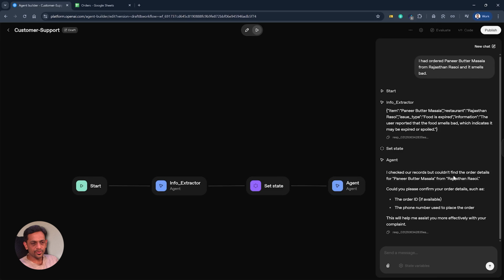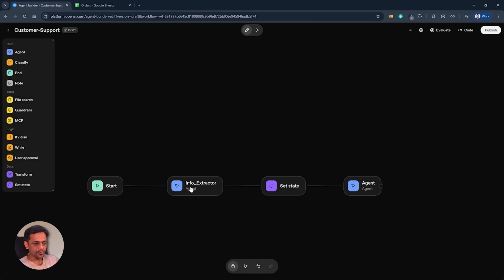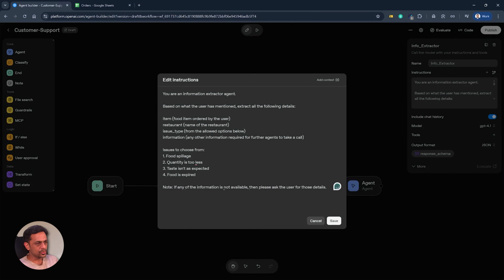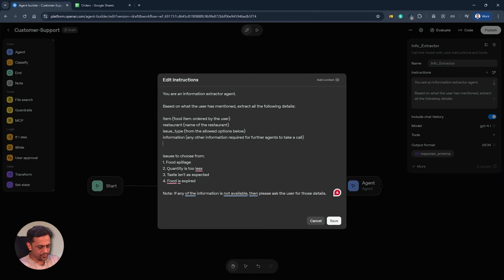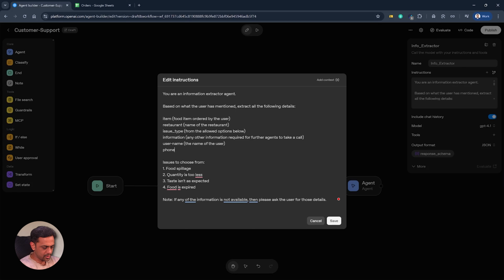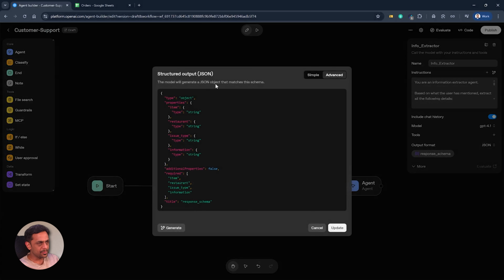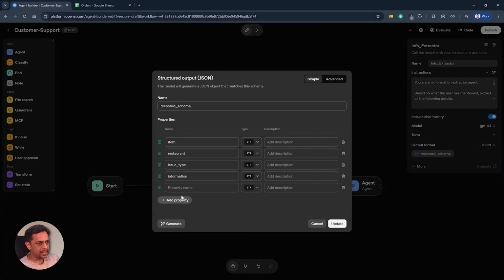Okay, it says I couldn't find the records and so on and so forth. Now a couple of other things that we need is we also need the user's name and phone number. So we will ask those two pieces of information as well: the user name and phone number. Okay, let's click on save and let's go to response schema, and we'll add two more properties